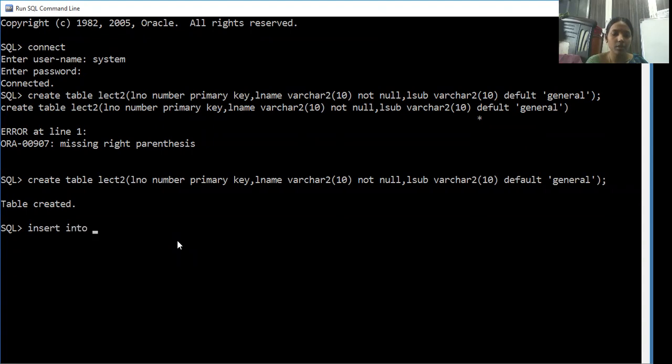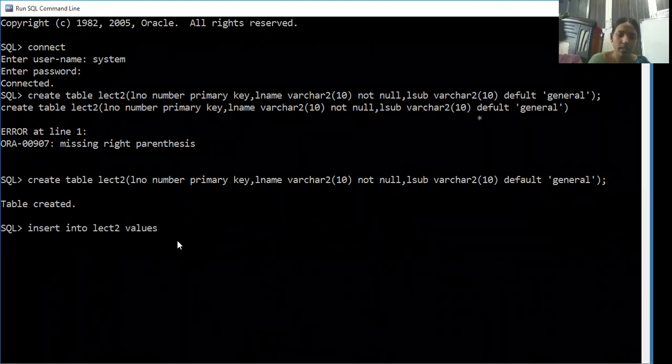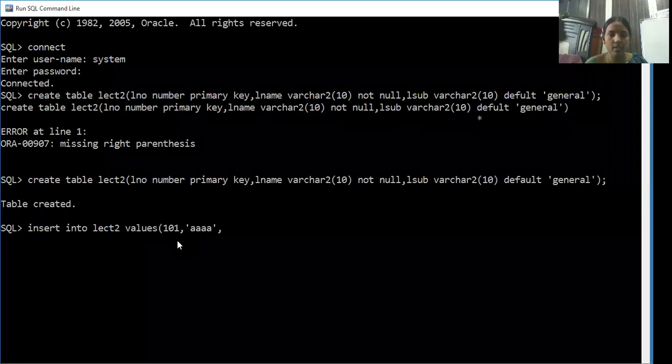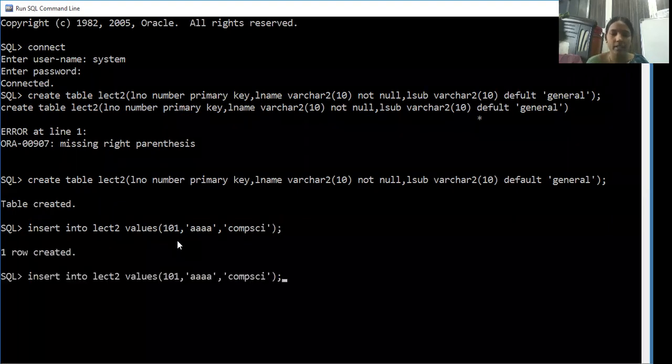Now we'll insert the data into this lecturer table. Insert into table name lecturer 2, values. Right, first we should enter the lecturer number as 101. I'm entering some lecturer name A and some subject as computer science. Right, now one row is entered.